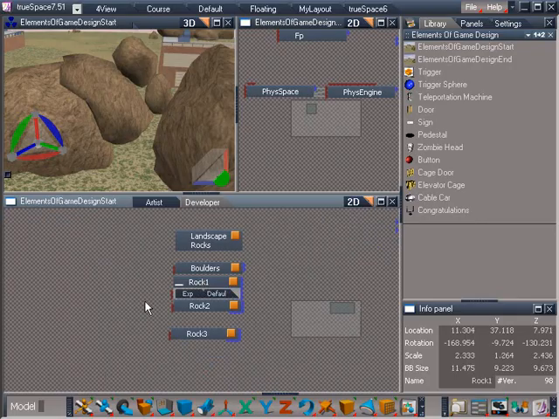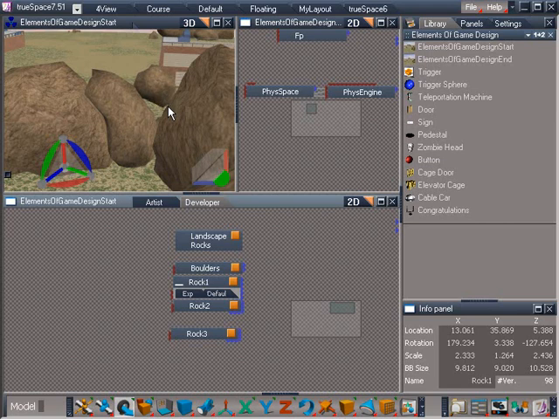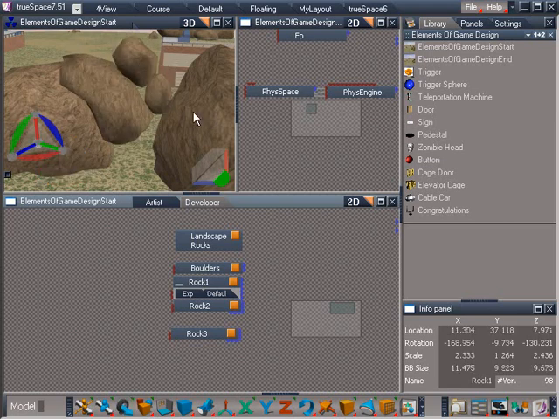Now we can run physics again and see how the changes look. It looks pretty good to me. The rocks don't bounce around as much. They look much heavier and solid. Now that looks okay to me, but if you notice, the rocks pop back into their start position when physics